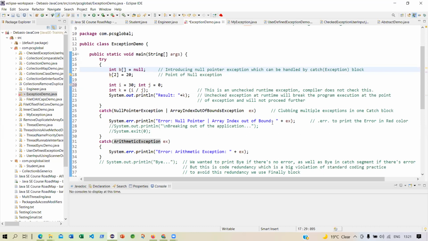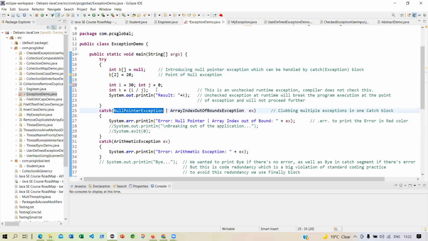It is never an array index out of bound, because I have used the array correctly. But before that, I have got this error, and it is not an array index out of bound exception. It is something else. It is a null pointer exception.